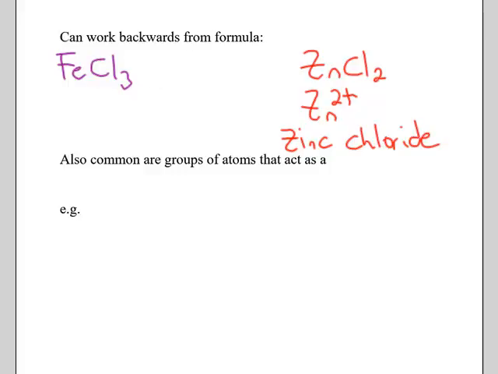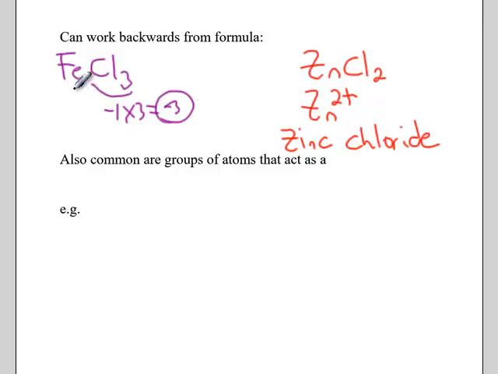However, FeCl3, we need Roman numerals, and we don't know which version of iron we used until we compare it with what we bonded it to. And remember the key, all ionic compounds have a neutral charge, so all positives and negatives have to add up to a total of 0. In other words, we could do the crisscross in reverse, or we could look at the fact that we have 3 of these chlorine ions, and each chlorine ion was a -1 charge, so that's a total of -3 from the anions. The whole thing has to add up to 0,